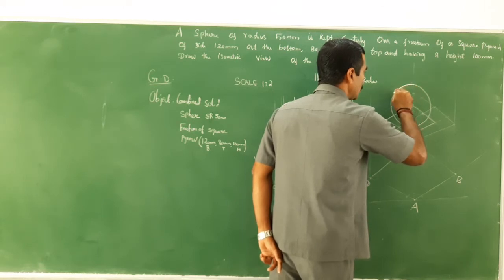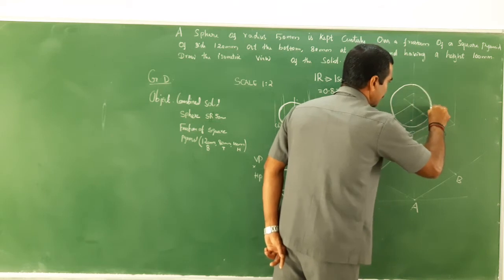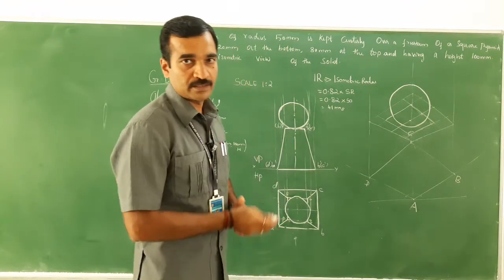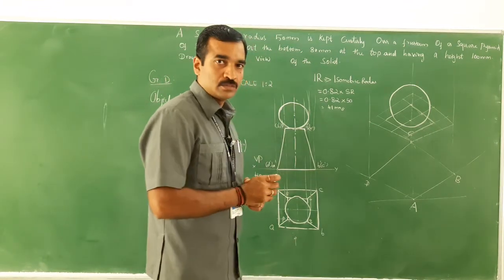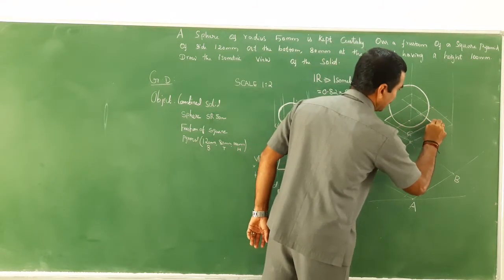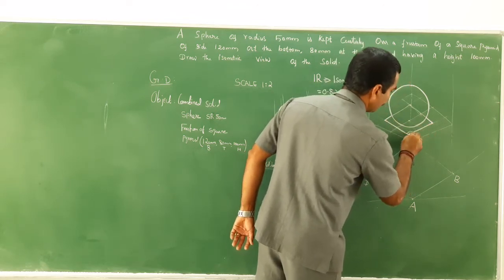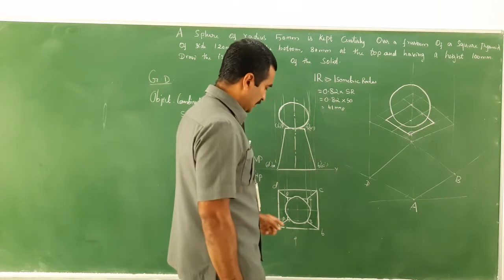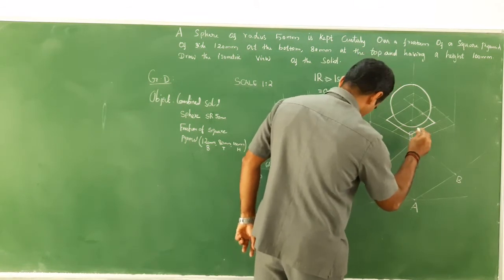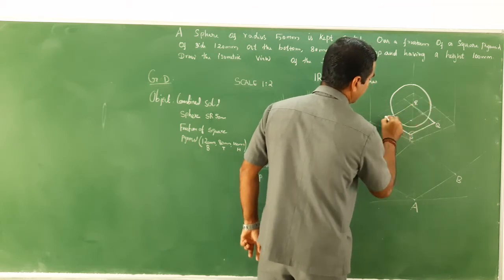When you look at a sphere from anywhere, that is the top, side or front, you see the sphere shape as a circle. Clear? Now whatever is left over at the top needs to be darkened. So this is the top. Now just name it here. What is PQRS, isn't it? If A is here, P would be here, Q would be here, R would be here, and S would be here.